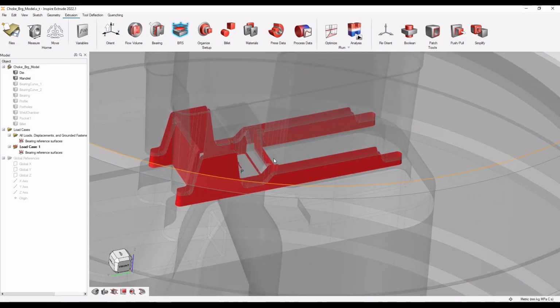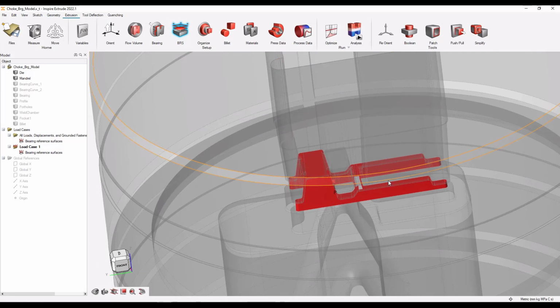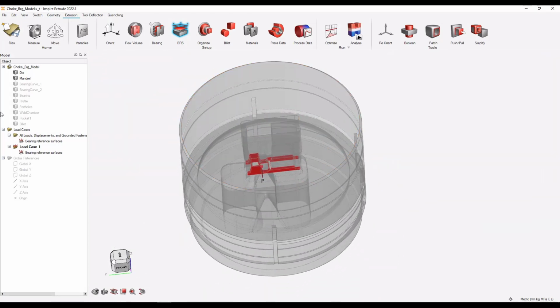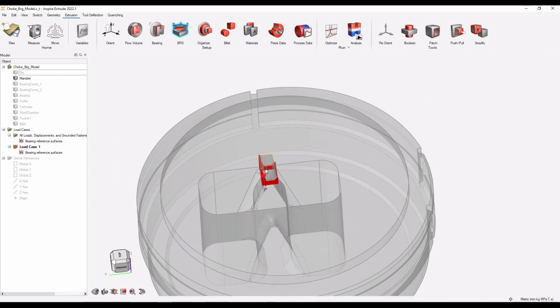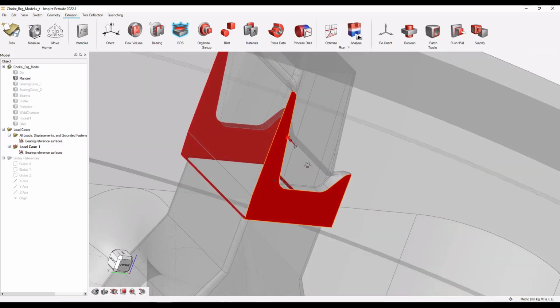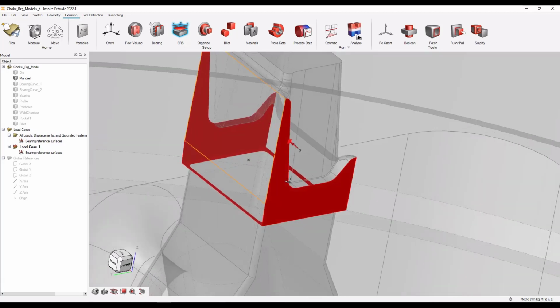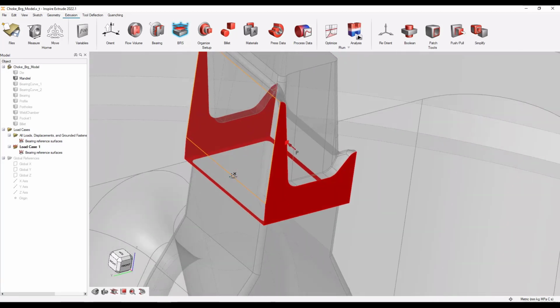Generally, the software will automatically detect the reference surfaces, meaning the bearing region. So let's try hiding this. Here you can see it will automatically detect, but this surface is not detected